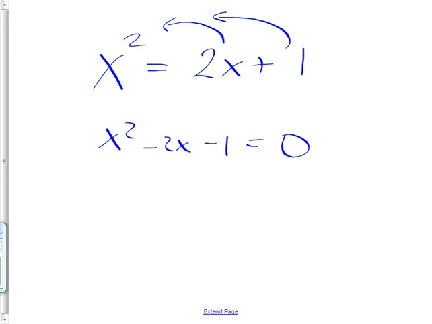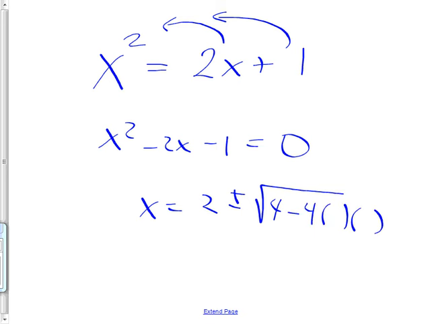Ooh, you've got it. So you didn't even need to do the quadratic formula, did you? All right, awesome. What does it factor to? Mr. P? Oh, okay. All right, thought it worked, but then double-checked it and it didn't work? Okay. All right, so if it won't factor, then I've got to go to quadratic formula. So x equals negative b, which is 2, plus or minus the square root of b squared, which is 4, minus 4ac, and the a and the c are in here. A is 1, c is negative 1,